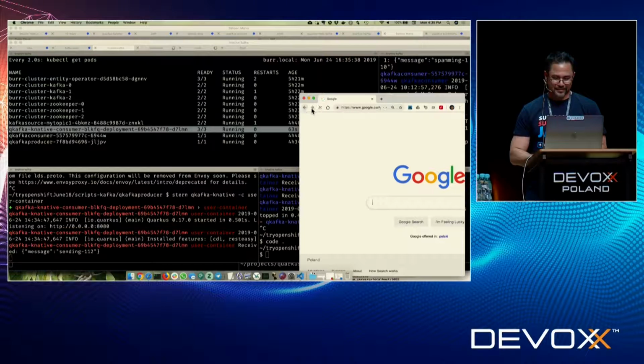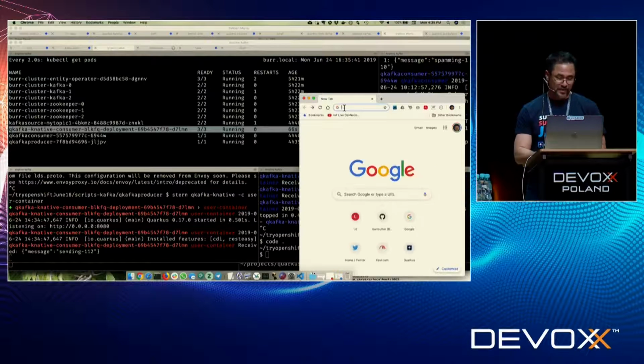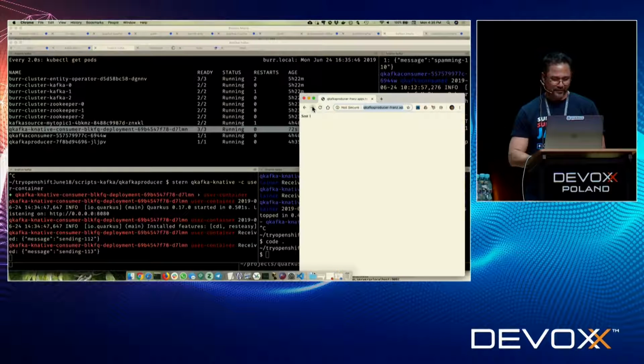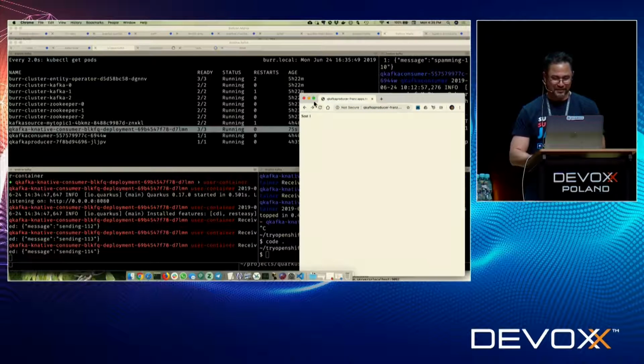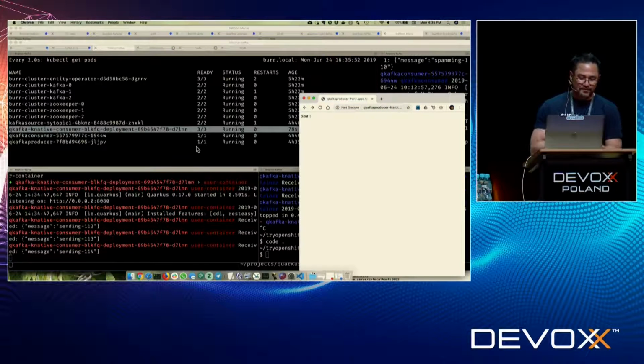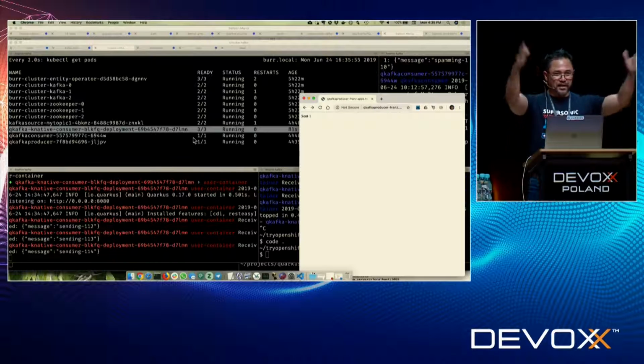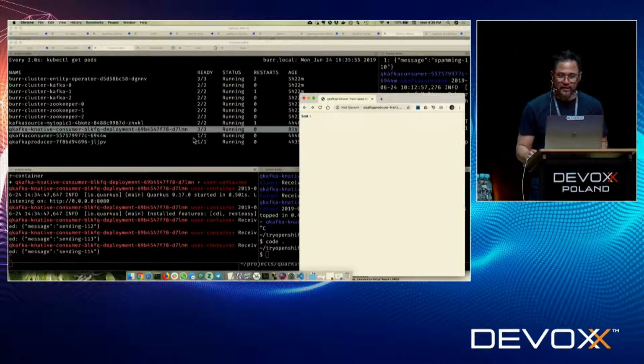So I tend to put way too many complicated things in my presentations. So let's see. We got through most of it. There we go. Apparently the network is going very slow, but we're now getting messages through the system. As long as there are Kafka messages, that component stays up. When that component is no longer needed because there are no Kafka messages, it downscales to 0.